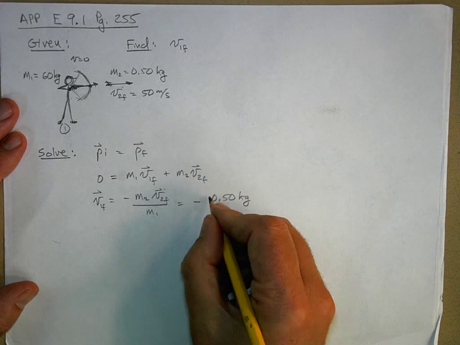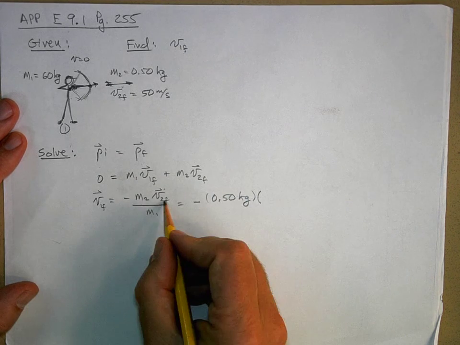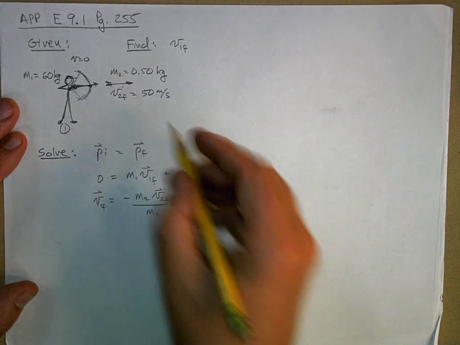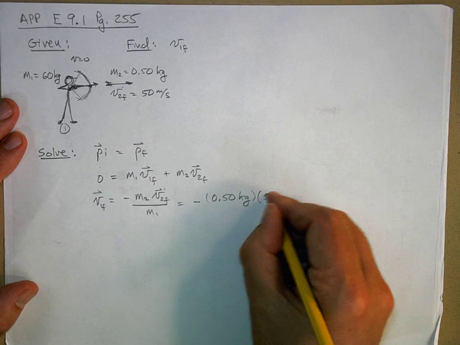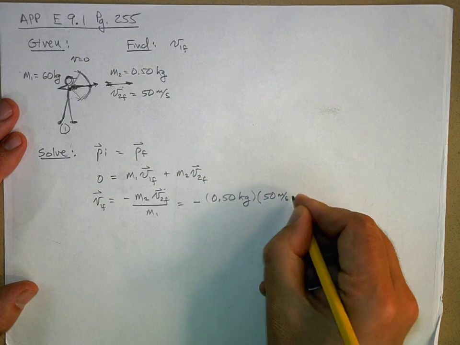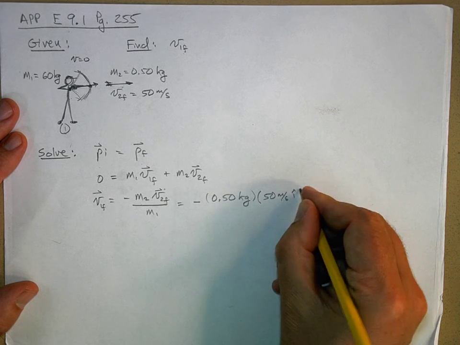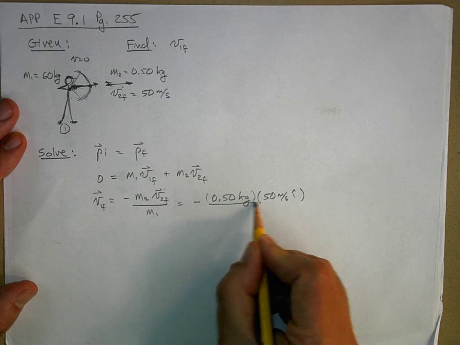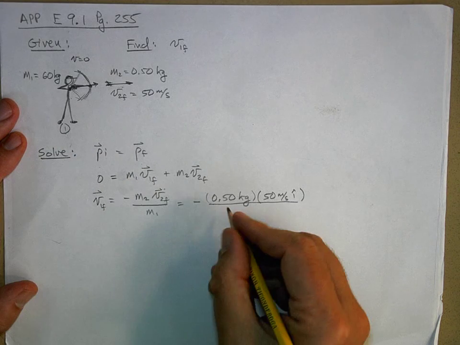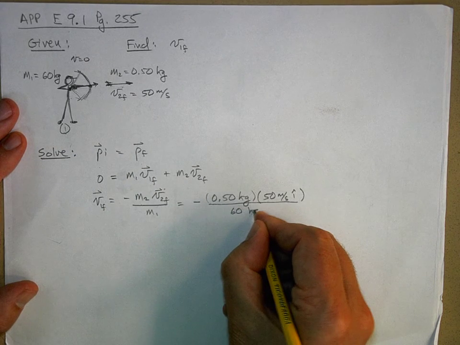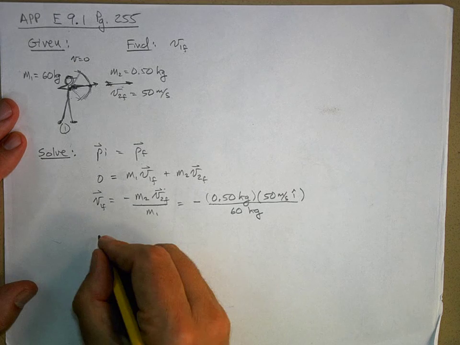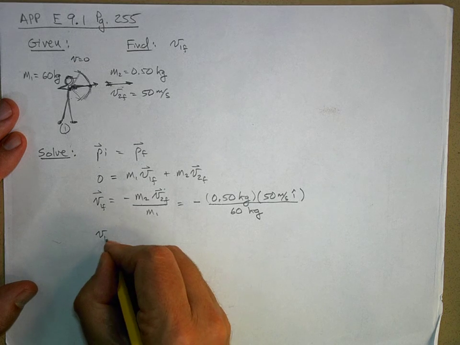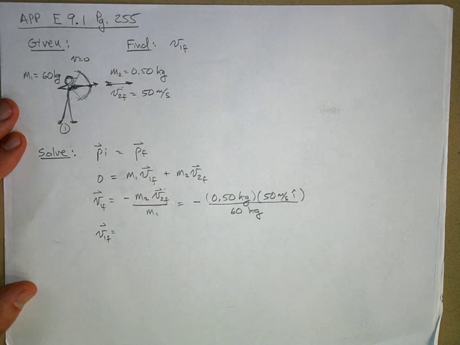Half a kilogram. What is V2 final? It's 50 meters per second, in the i hat direction. We're going to divide that by M1, the mass of my archer, which is 60 kilograms. And you do all that arithmetic, you get V1 final is equal to